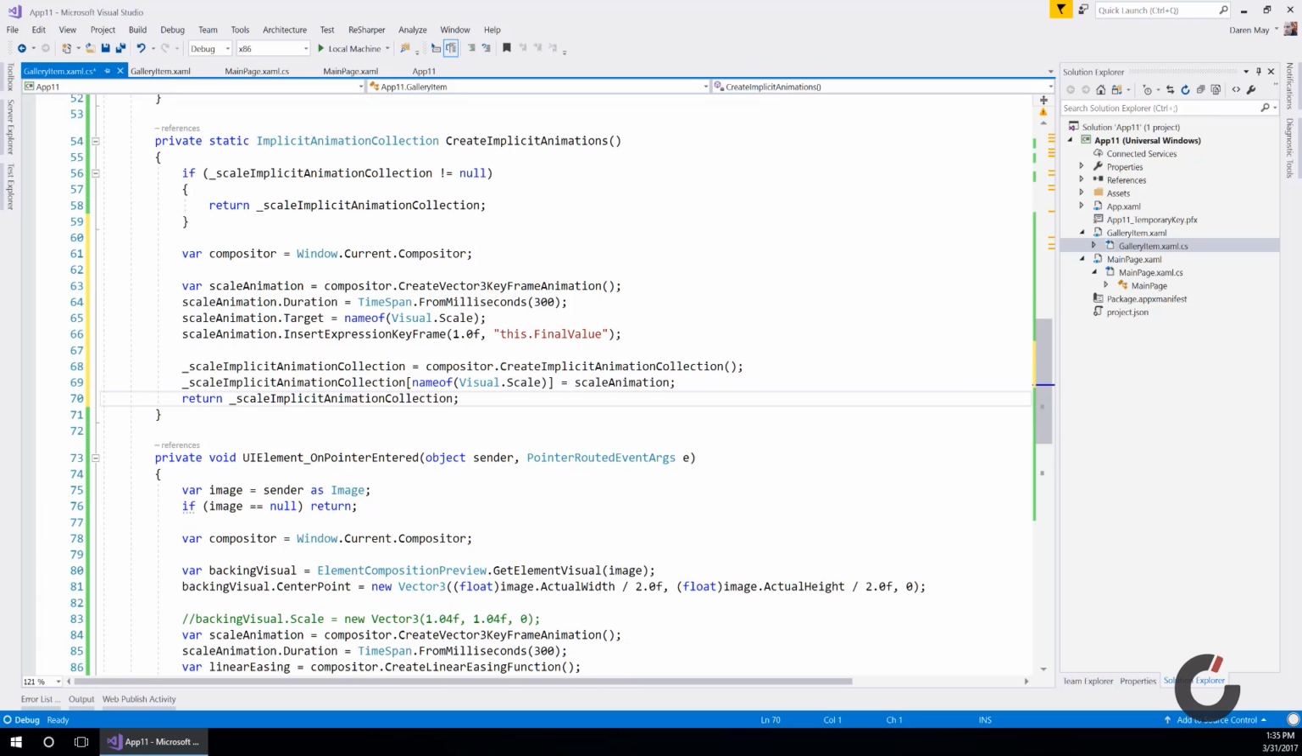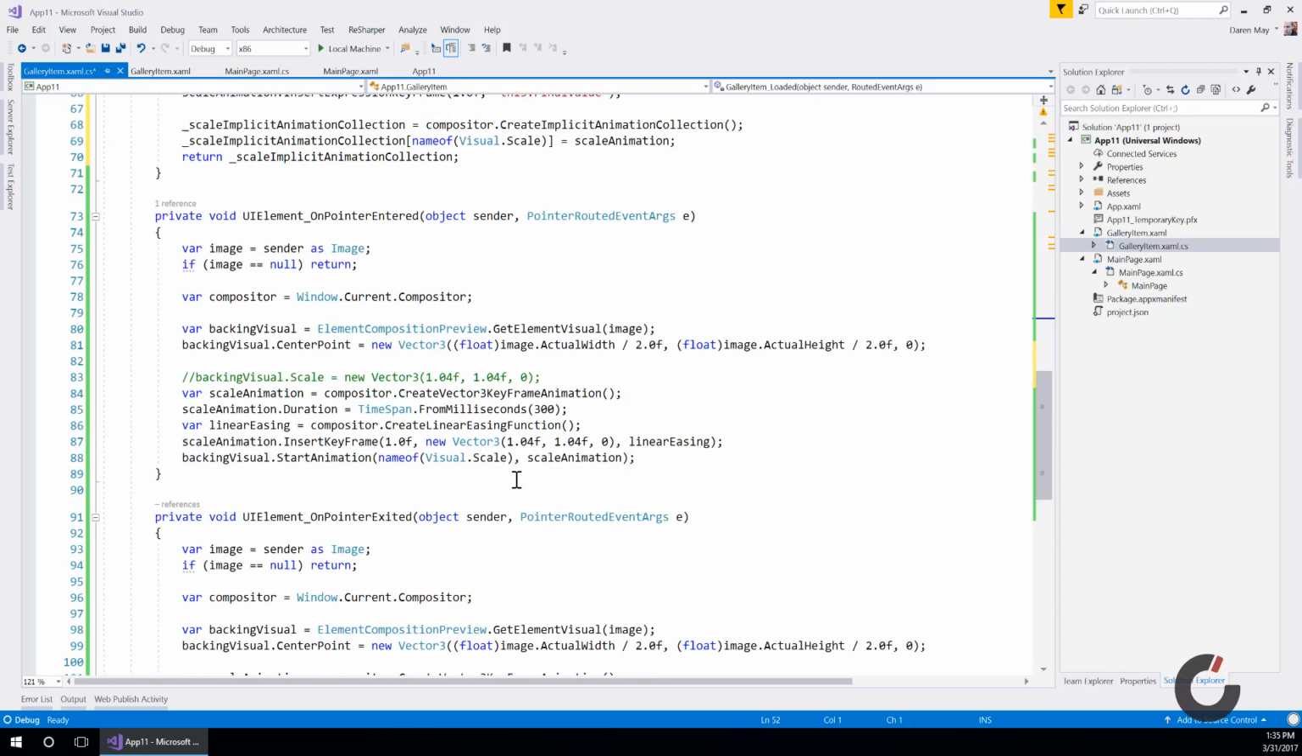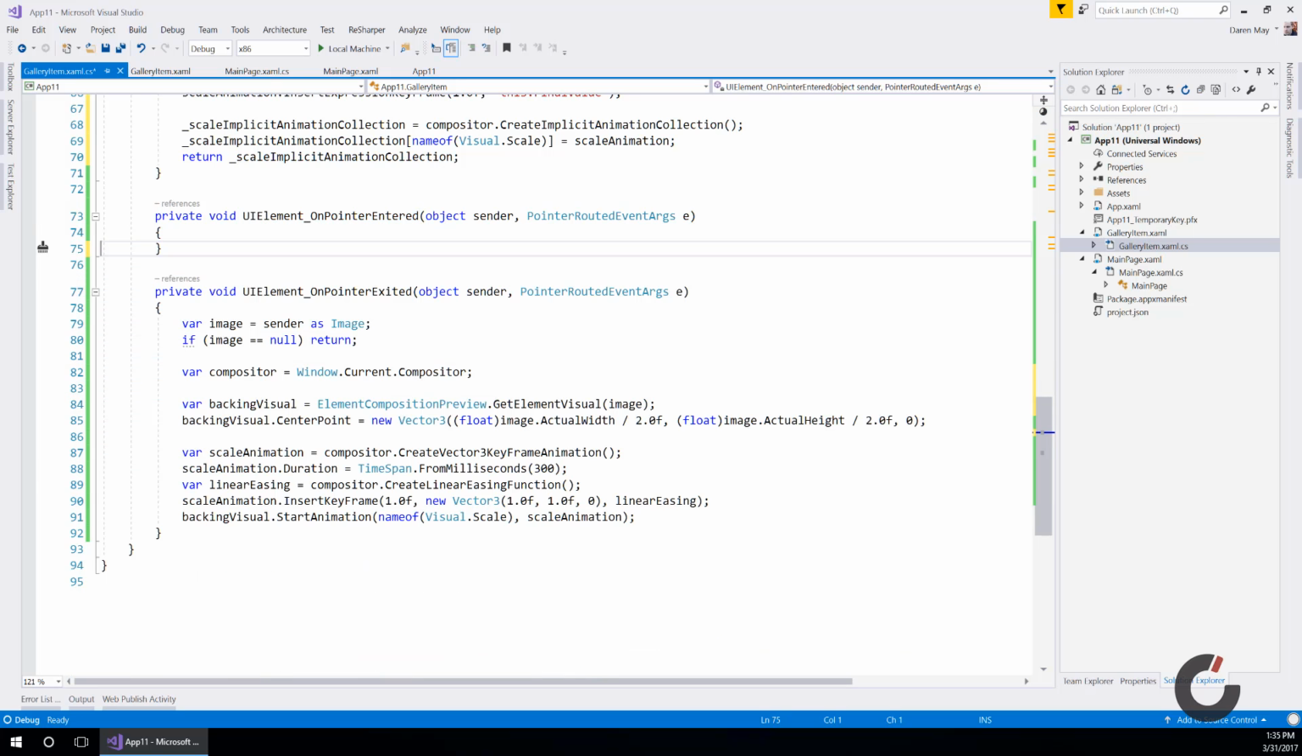So now we've actually created our implicit animation collection, and up here we've actually assigned it. So that's great, but it's not going to do anything right now. The reason it's not going to do anything right now is it's waiting for a change on scale. So we need to work out how we're going to do that. Well, if you recall, we used onPointerEntered and onPointerExited to actually initiate some of these. So let's delete the old manual approach